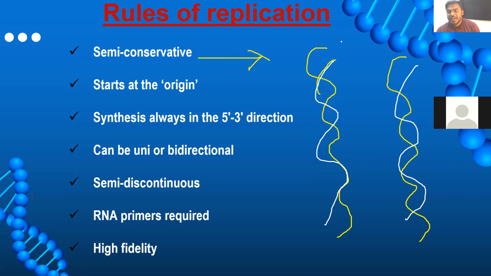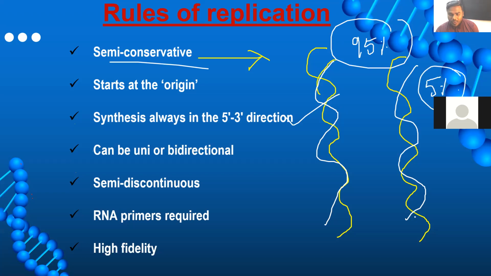But you know, friends, 95% of all the scientists during that time accepted this model since it was proposed by Watson and Crick. But the remaining 5% of the scientists opposed. What is the reason why they opposed? How can you prove that DNA is using only the semi-conservative model to show the process of replication?